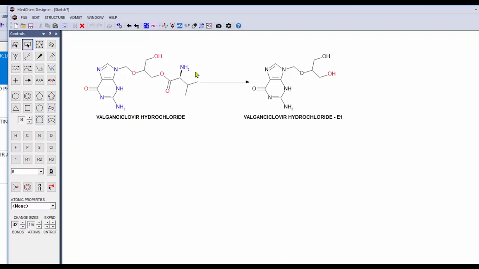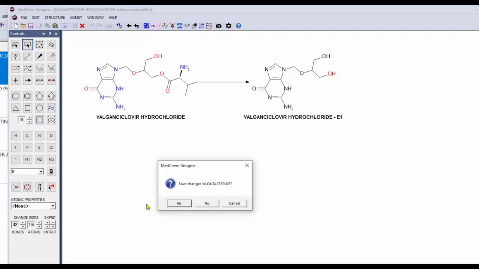So this is a simple valine functional group that's been added to the compound, and then this is cleaved by an esterase to transform it into an active form. And the reason they would do this is because maybe this compound itself has low bioavailability, and so they would protect it with an ester to make it a little bit more orally